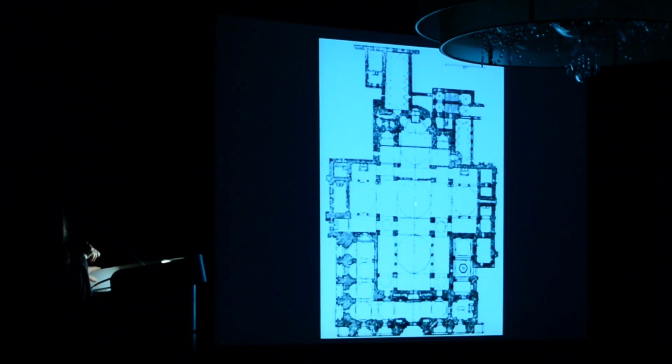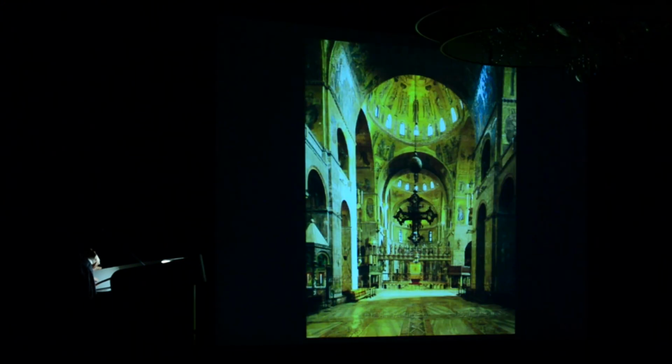Now here you see from above the same church, and you can see a clear cross shape inside the church. Again, the main part, the left and the right, were used for the two choirs, the holy altar, and of course plenty of things around to be used for various cases. This is the inside, with this huge cross hanging.